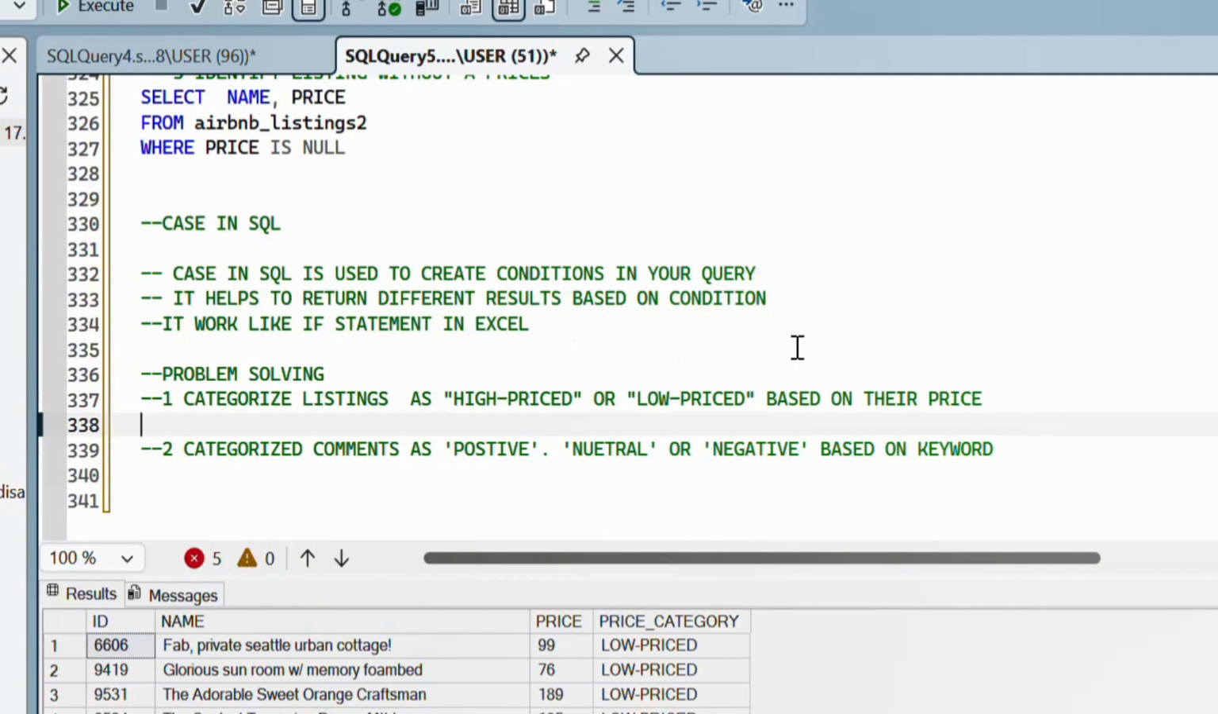Now, CASE is used to create conditions in your query. Just like the IF-THEN-ELSE statement in Excel, that's what this function does for SQL. So it helps you to get different results based on a statement and